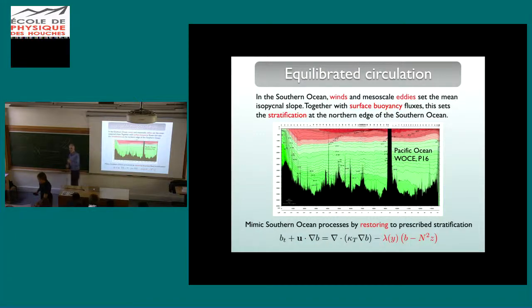What I want to do next, and it's the last thing I'm going to do, is to try now to use this simple dynamics to explain how you set the stratification of the overturning circulation in a global ocean. It's of course a very idealized problem, but for the moment we just looked at the spin down problem, or I don't know if it's a spin up or spin down, because it has a phase of a spin up and then it spins down, mostly to understand the boundary layer structure. Now we want to go back and